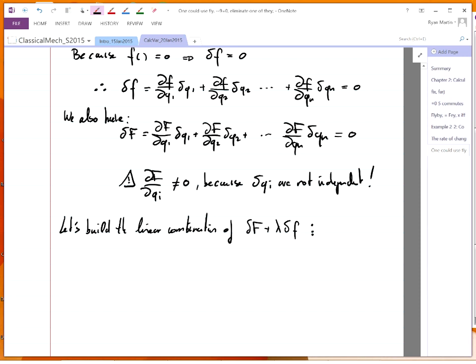Remember, delta capital F and delta lowercase f are both equal to 0, right? So if I add 0 and 0, or even 0 plus lambda times 0, I still get 0. Right? So if I write this out, I have